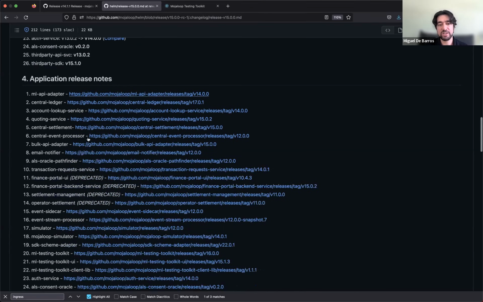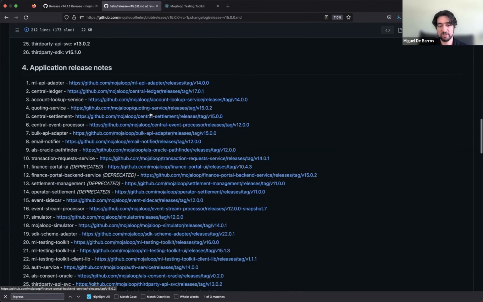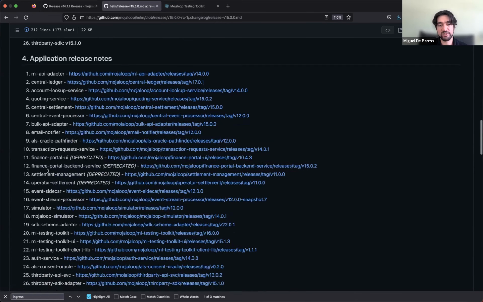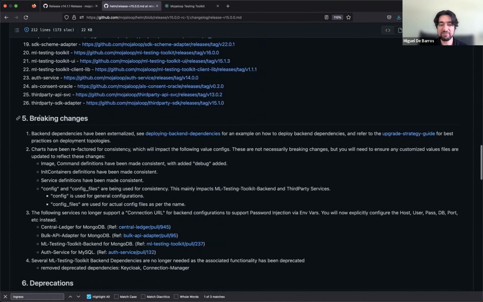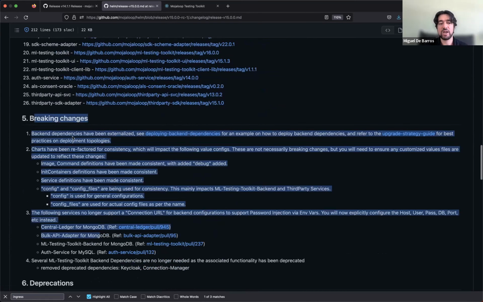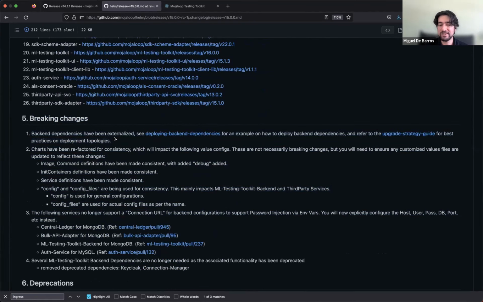We have the application release notes. So this is just directly to the specific versions of the components that we have. We also have the breaking changes. So as I said, for that backend dependency, there's some links here on how to deploy the backend dependencies, as well as a link here to the upgrade strategy guide, which talks about the deployment topologies, as well as how you could migrate between certain topologies as well.